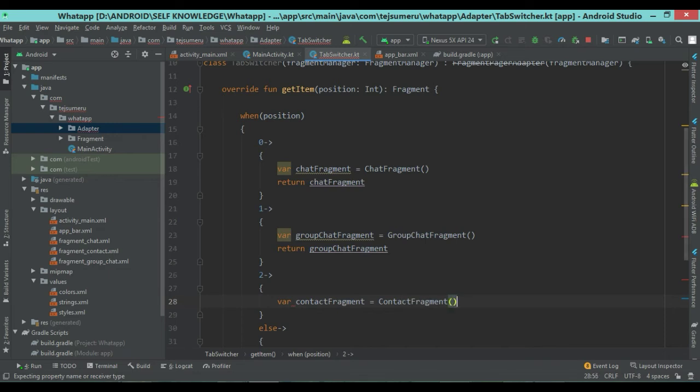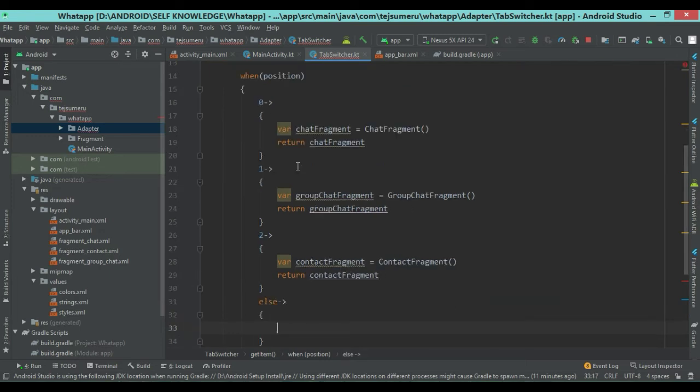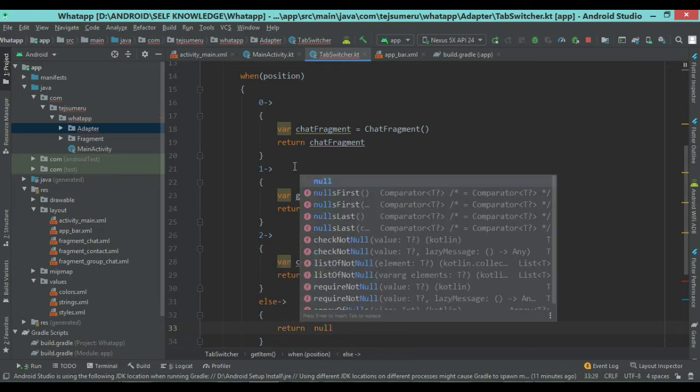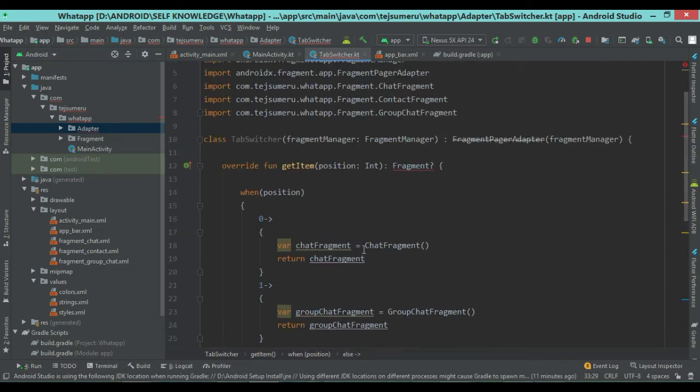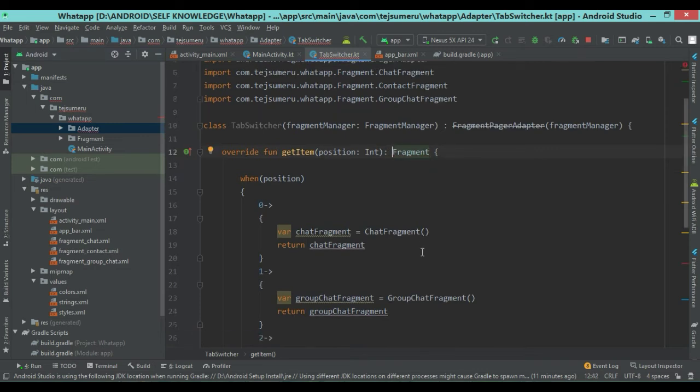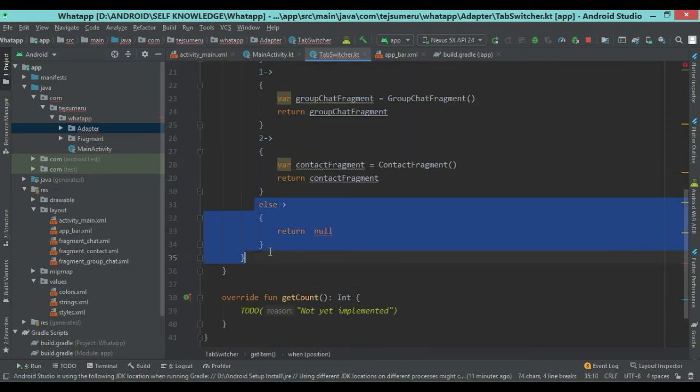We are creating an object of the fragment and then return that fragment. Understood? If we are not at any position, then we are returning simply null. Okay, this is not needed.